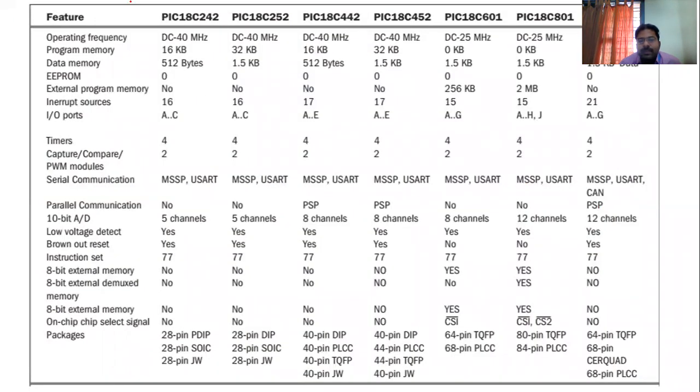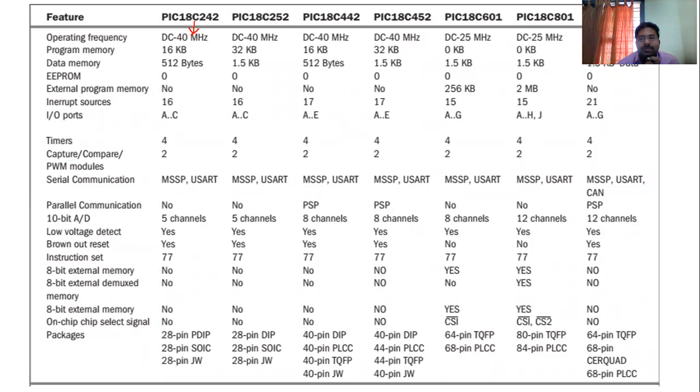See this. These are some of the PIC 18 family. See this PIC 18 C. Whenever you see this C, it stands for no flash memory.